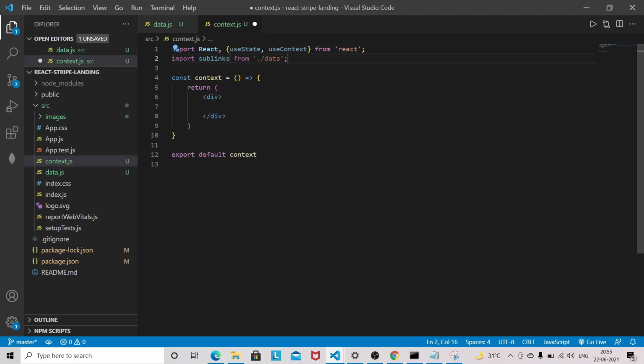So I have imported the sublink, and now our application is started in the browser.